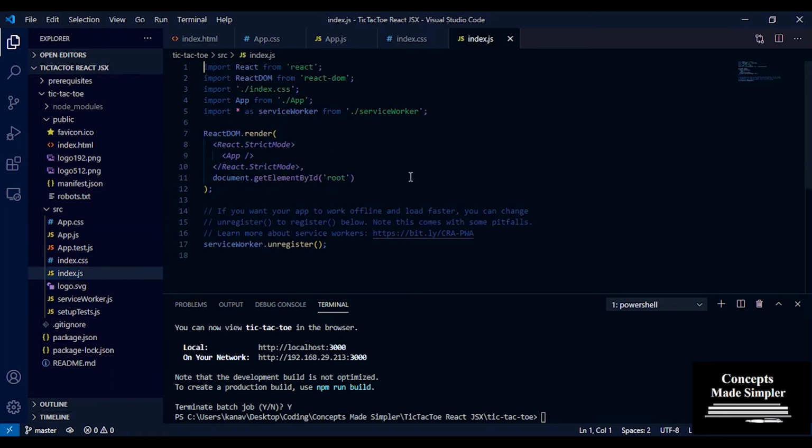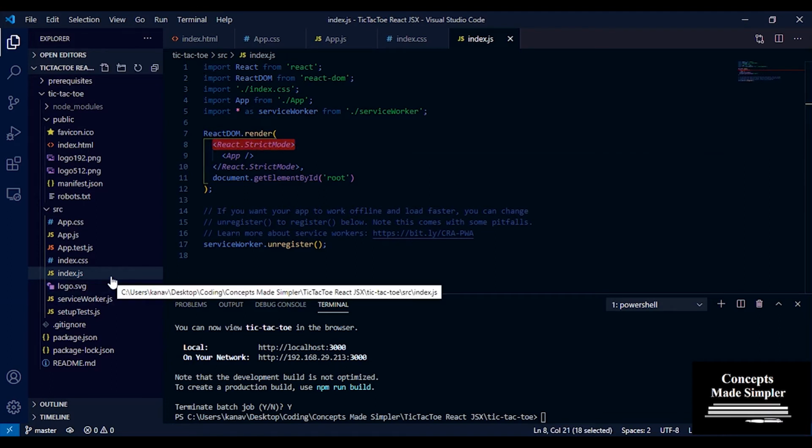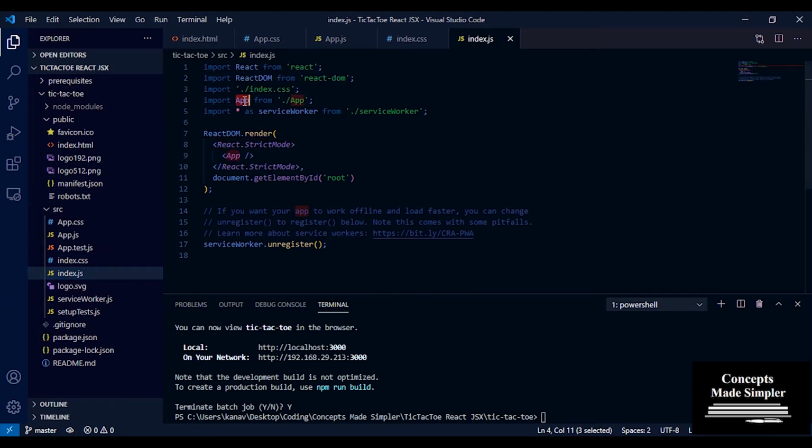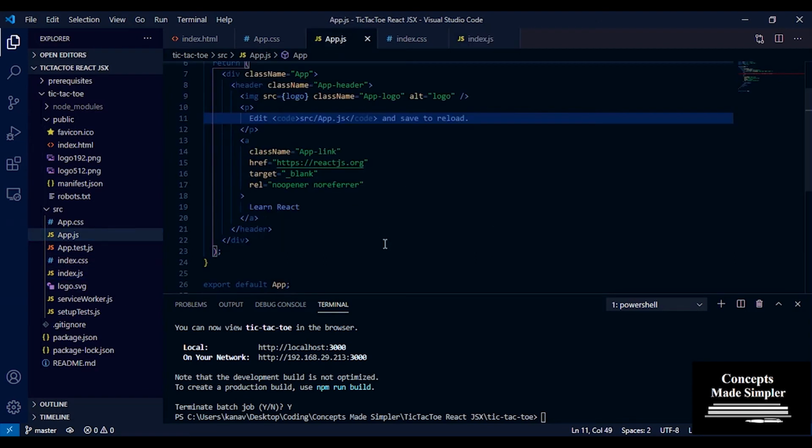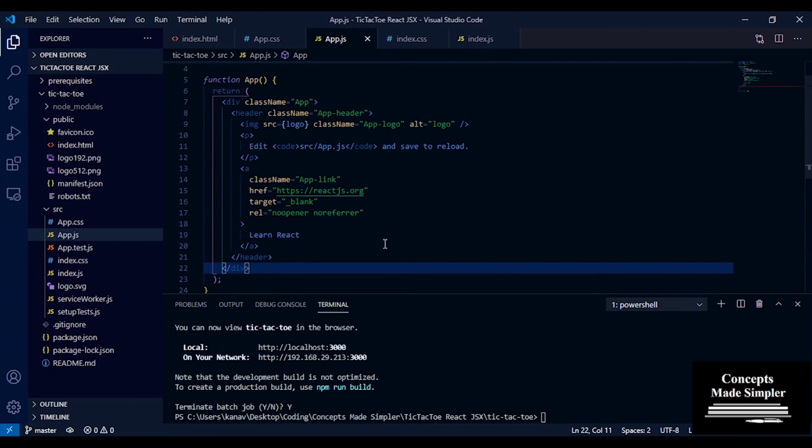You have an index.js, which is what is going to be loaded at first. You can see that index.js imports app from /app. Now /app is basically /app.js, but in React you can ignore the extension, and it refers to app.js, which has your whole application.